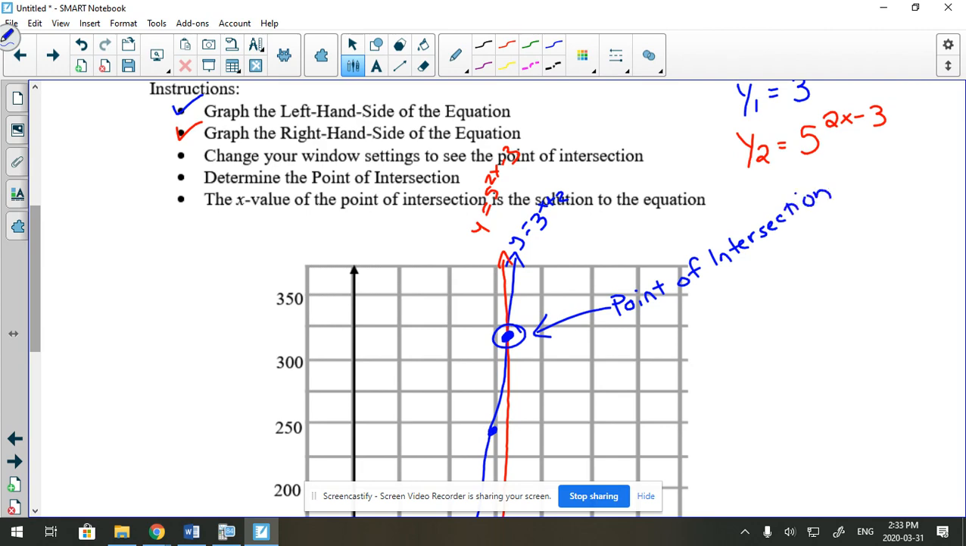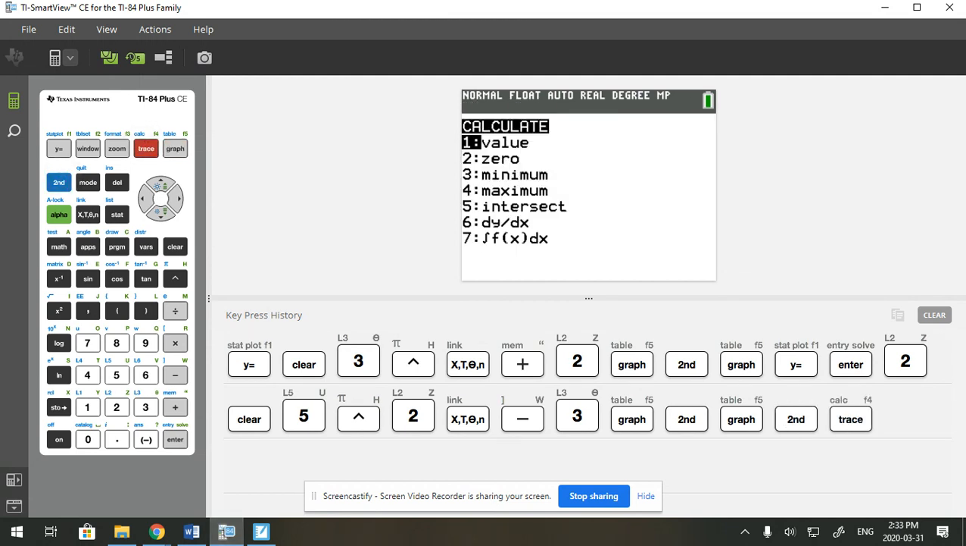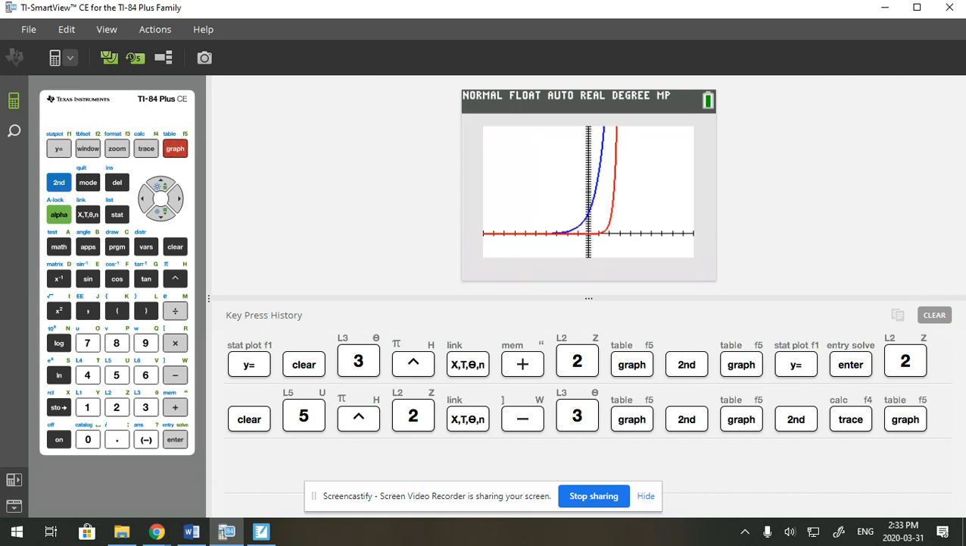So onto your calculator, you're going to go into your calc menu, and then there's an intersect button, the fifth one down. Before you do, you have to be a little bit careful though. Looking at this graph, where it actually intersects has kind of gone off my screen up here somewhere. So your calculator is likely going to time out trying to find it. So you have to make sure you change your window settings so that you can actually see where the point